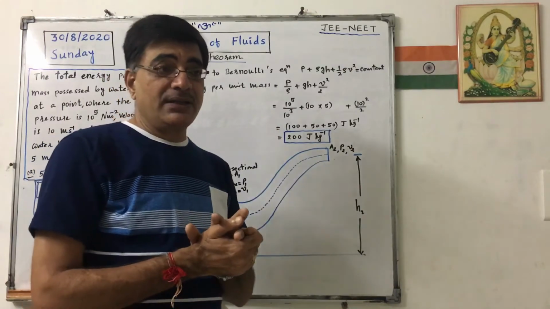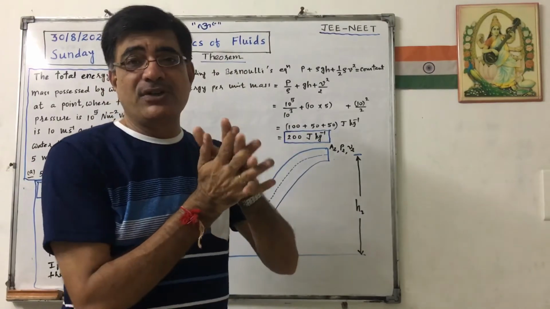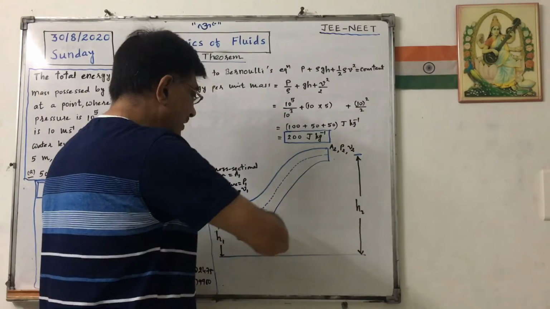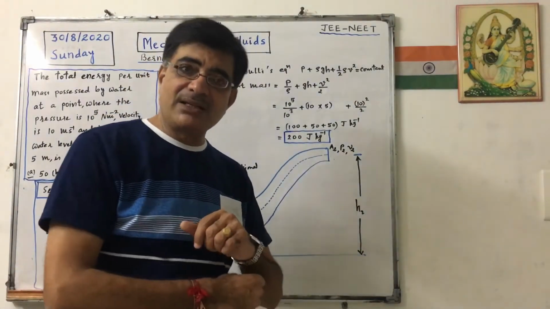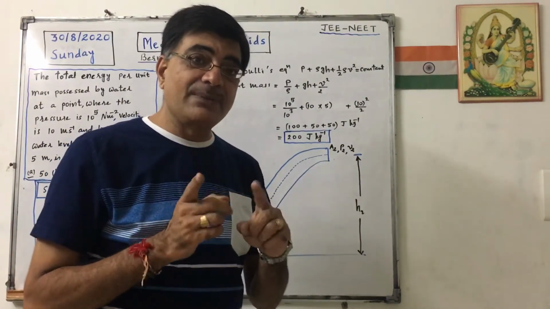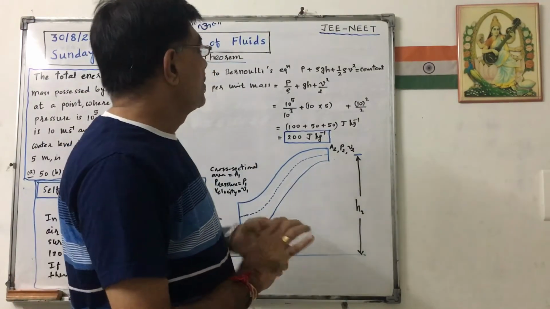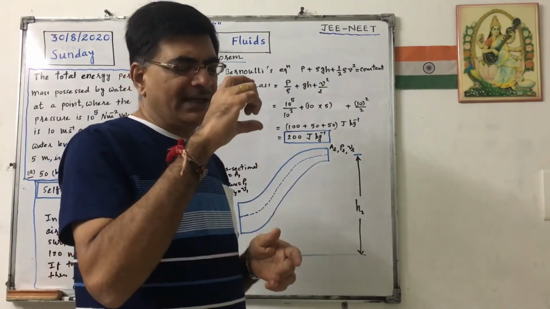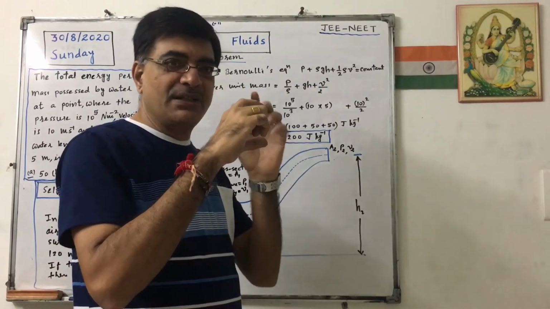Now see, a cross section has many points inside it. Which point should we consider? Normally we consider the middlemost streamline. We have to measure all the quantities on the same streamline, and normally we take the middlemost. So h is the height of that point, that is, the height of that cross section measured at the middlemost streamline.